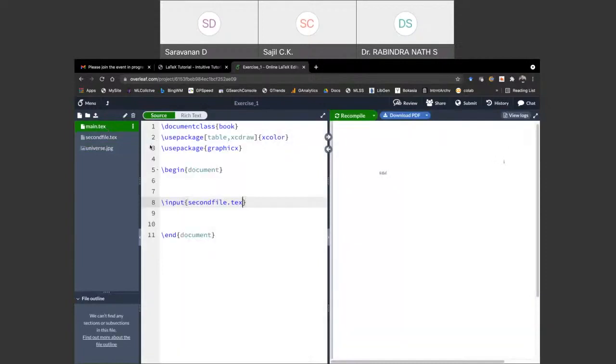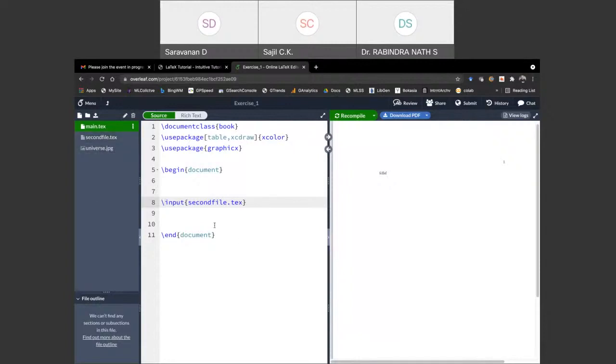So here what I have done is I have given the command \input{second file.tex}, and that file is here. Whatever the content of the second file, it will load into the main file and it will get compiled. Likewise, you can split your whole document, your thesis or book or report, into multiple sections, like chapter 1, chapter 2, chapter 3, etc. For each chapter you can have a separate .tex file.